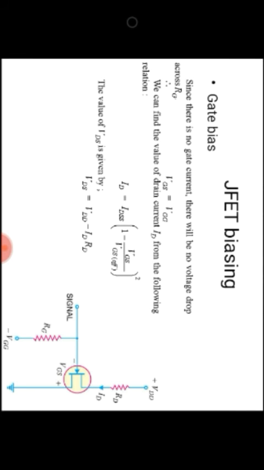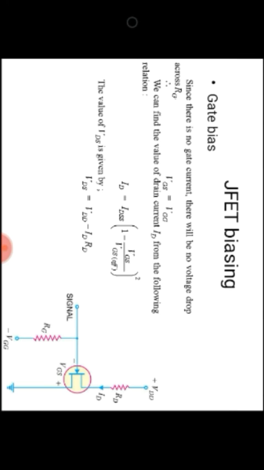Now we have to further find the VDS. On the output side, what is the output loop? It is VDD, then resistor RD and VDS. So by Kirchhoff's voltage law we get VDD equal to ID RD plus VDS. So VDS is equal to VDD minus ID RD. Thus the DC values of ID and VDS stand determined. The operating point for the circuit is VDS and ID. So from these values ID and VDS we can find the operating point.